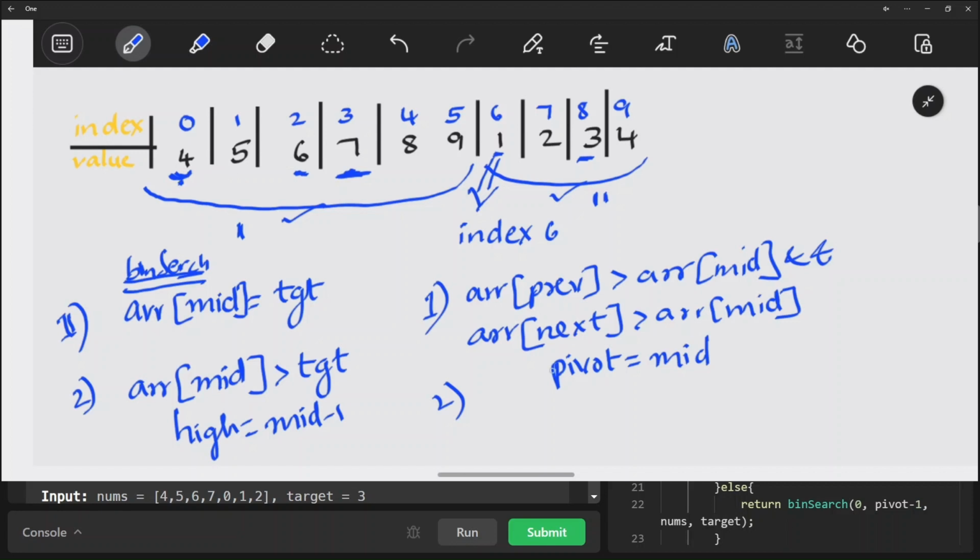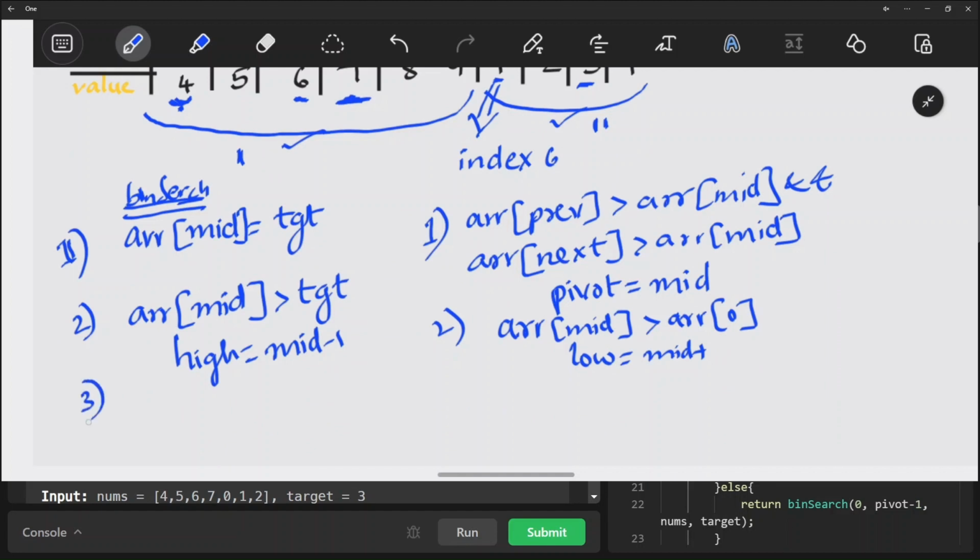So, if our element is greater than left, then we know that we are on the left position of the pivot. So what we do is we make low equal to mid plus 1, or else, the third condition is else we make here